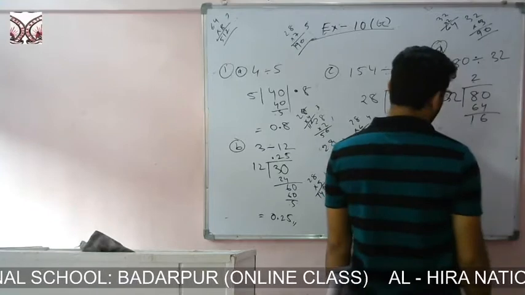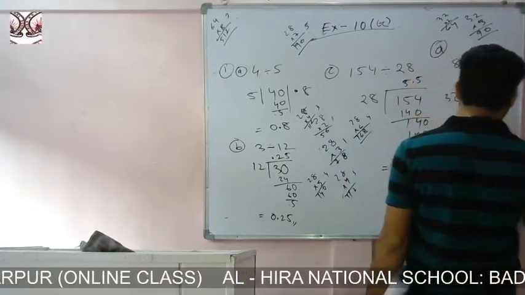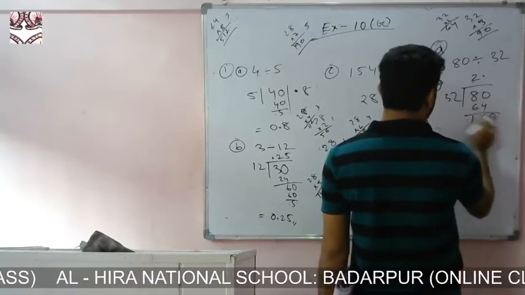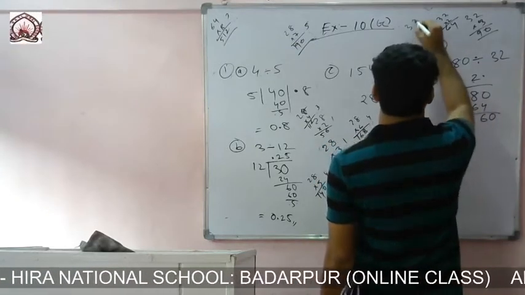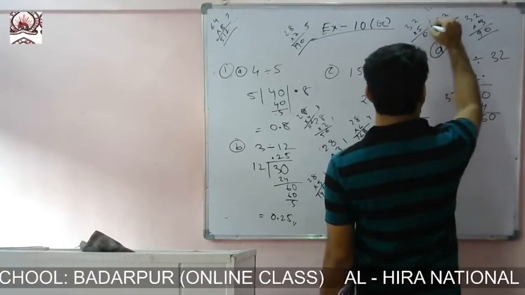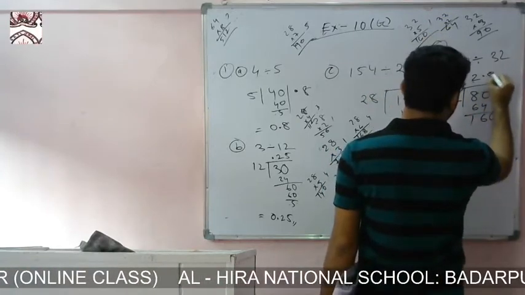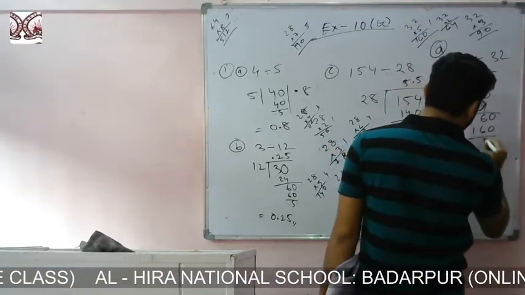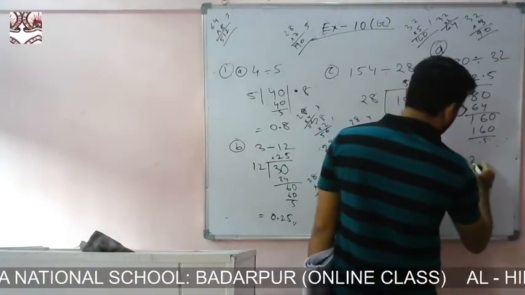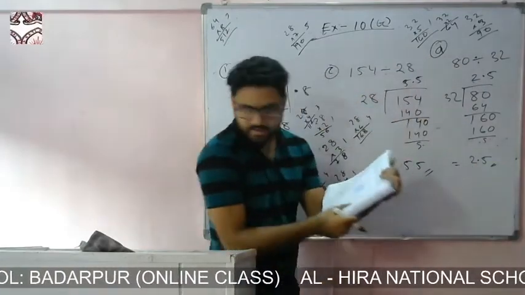Okay, 16 not divisible, so I'll put what? Point. After that we will bring what? 0. Okay, now let us check with 0 is there, so let us check with what? 5. 32 into 5, because 5 to the 10 will get 0. 5 to the 10, then 3 5s are 15 and what? 16. That means we are getting with 5. 160. Okay, so that is the answer. 2.5. 2.5 is the required answer.